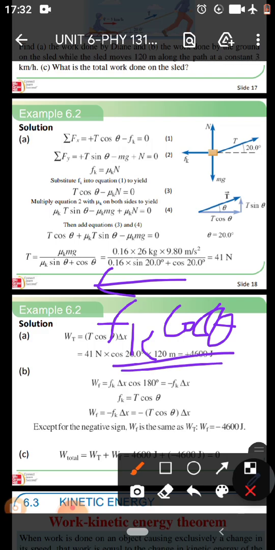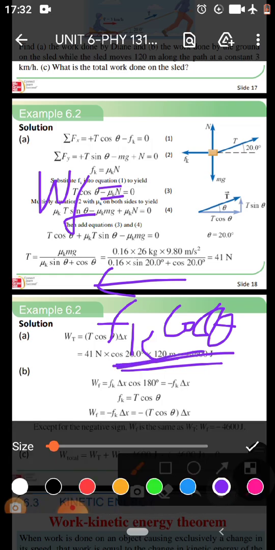When we want to find the work done due to the ground, we'll multiply this by the displacement,